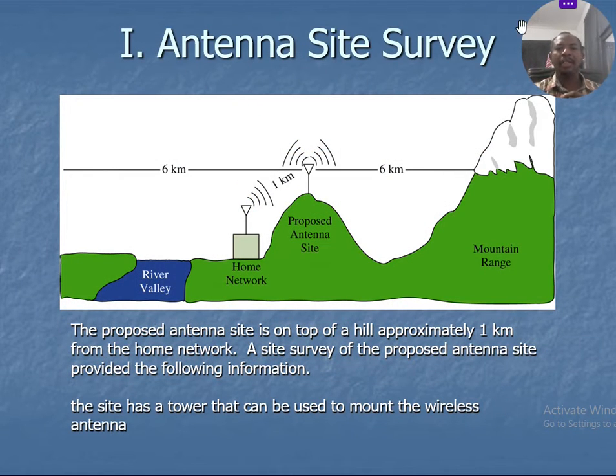Now here is the antenna site survey. The first section that we are looking at is the antenna site survey. Now, if this is a river, or you can call it a river valley, and this is our flat land, this is our land where we have our home. This area is where we have our home. You can see a Yagi antenna, which is directional, located on this building. And from this antenna to another antenna, probably a Yagi antenna or any omnidirectional antenna,